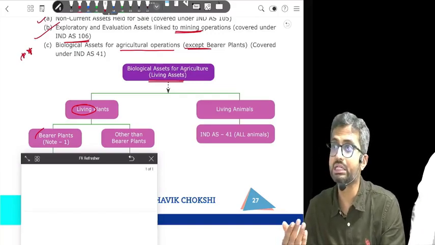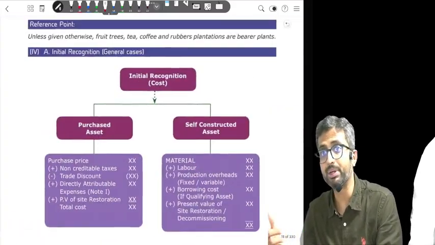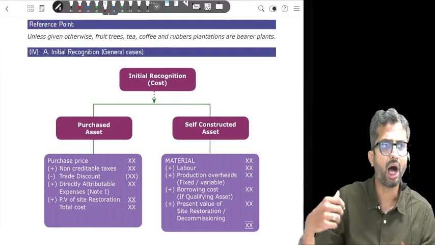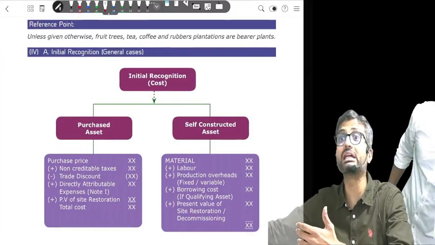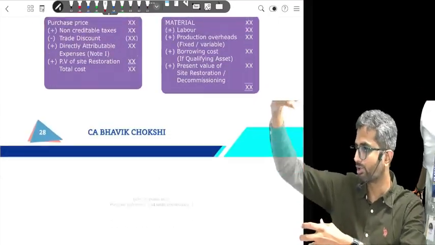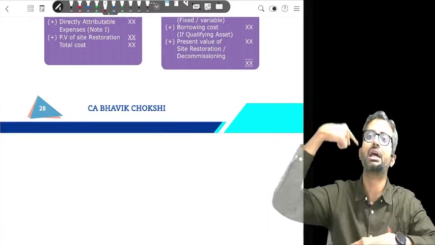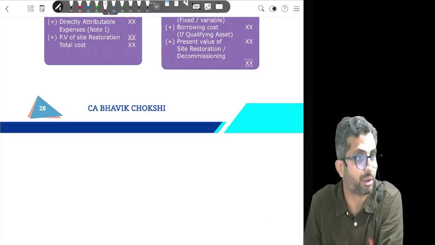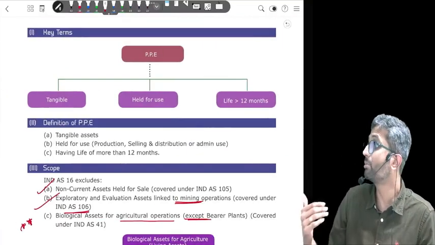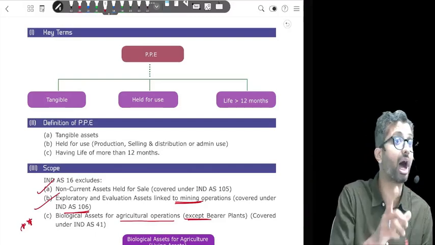If it comes under Ind AS 16, then PPE principles will apply. But if PPE principles apply, the life has to be more than 12 months. Usually when you look at all of these agricultural croppings, you have the Kharif season, Rabi season, the wheat plantation grows, I will cut this entire plantation, then have another plantation. Does it have a life of more than 12 months? No. So remember, this life of 12 months is important, because unless my life can be proven to be more than 12 months, I will not say it is a bearer plant.